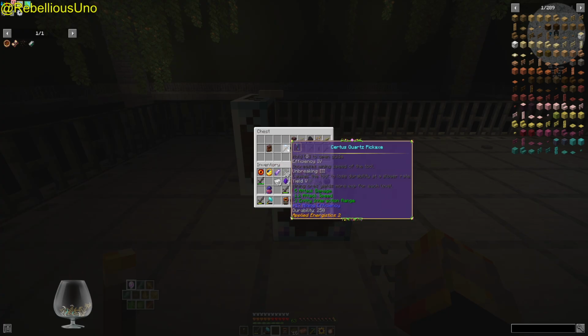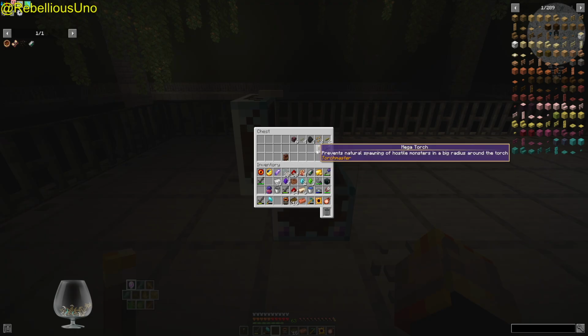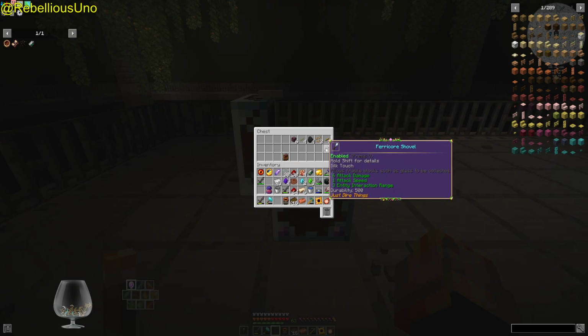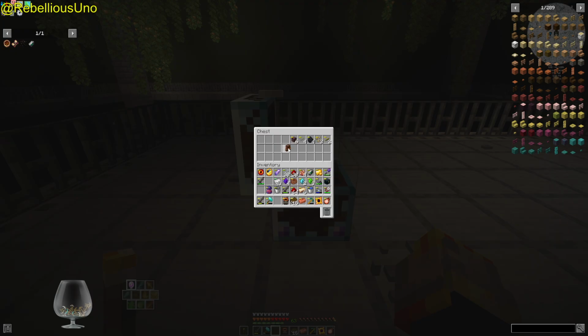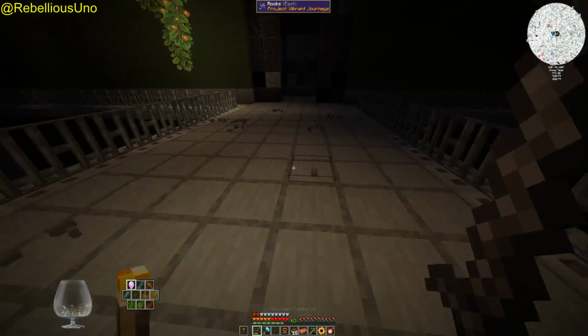Okay. So there's quartz pickaxe. Bucket, we haven't had one of those. A steel pickaxe. Another mega torch. Shovel. What are you? Energy conduit. That will come in. Yeah, it's a pretty lucrative